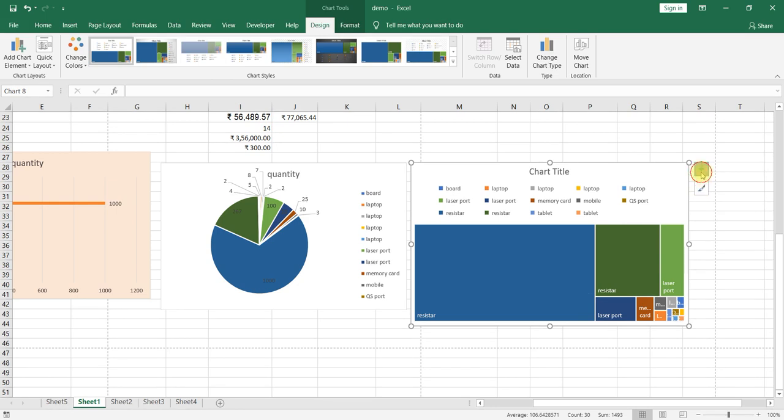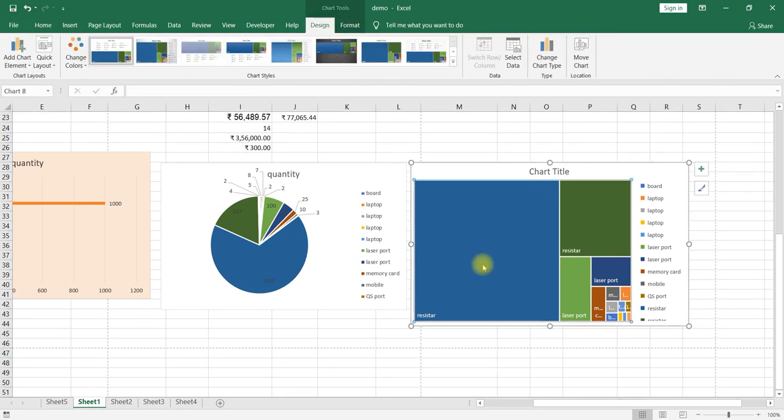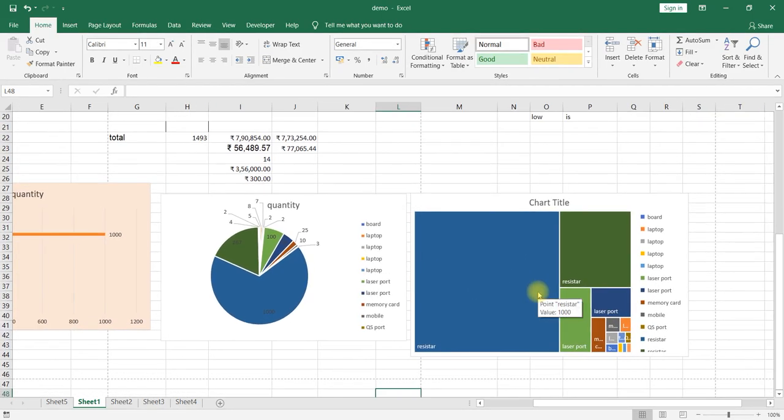For example, take the legend, click on the arrow mark and choose right, so that we have a clear visual. The highest here is the resistor, then the second is the resistor. We can also take data labels, or turn them off. This is the way we can modify the chart.